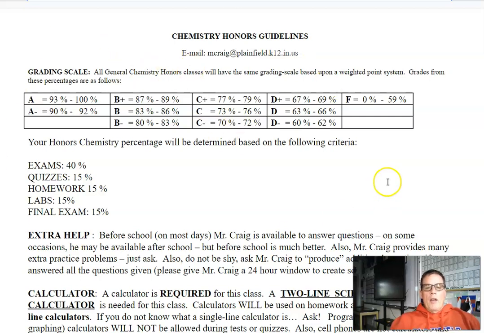The grading scale, again, 90, 80, 70, 60. I'm not real sure what the grading scales are in middle school, but this is pretty typical in high school. I know that there's a thing called an A+, but sadly, you don't get the GPA points for an A+, so the highest grade that you can get is a 4.0, where if you had, say, a B+, then that's a 3.3. So there's no 4.3, so A+, so I don't even put A+ on here because who cares? I know you guys care, but it really doesn't matter.